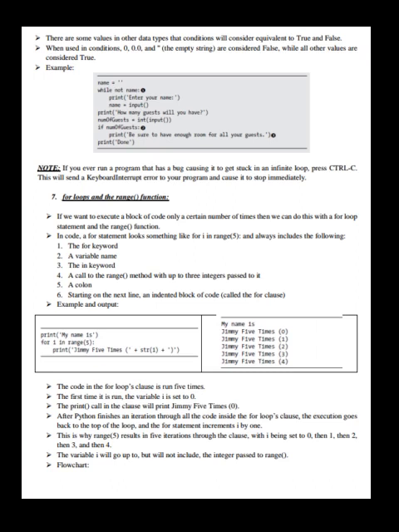Now let us see for loops and the range function. If we want to execute a block of code only a certain number of times, then we can do this with a for loop statement and the range function.